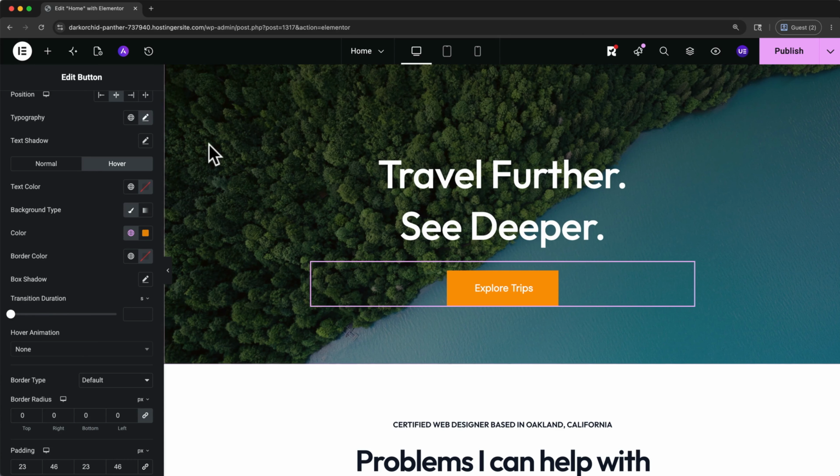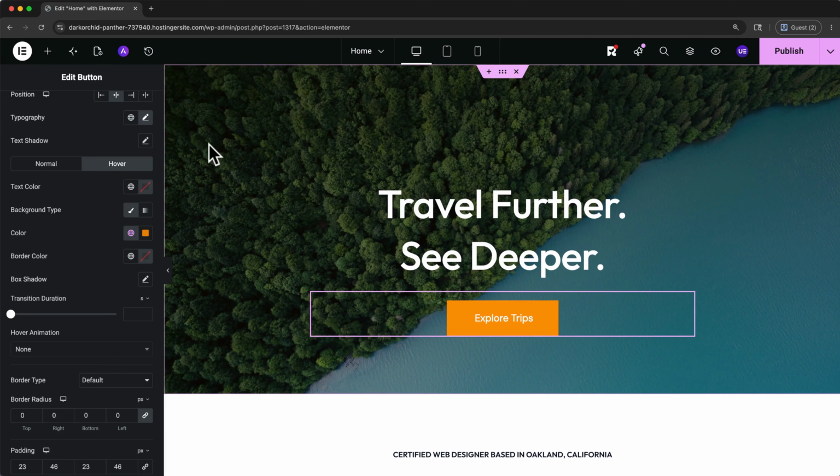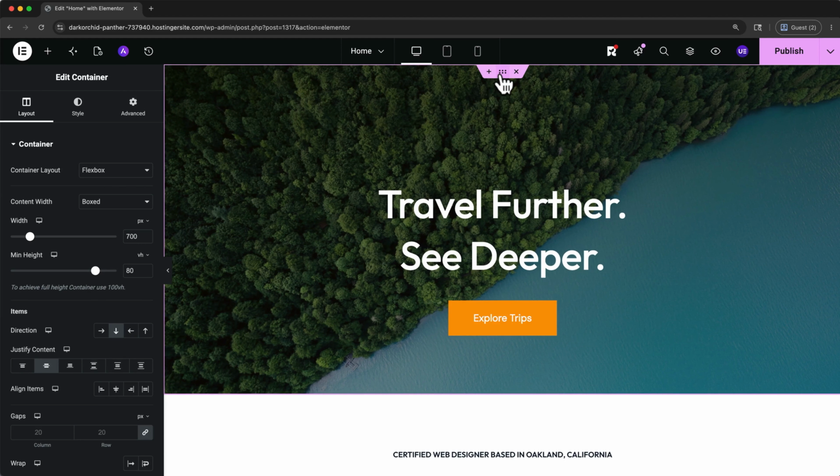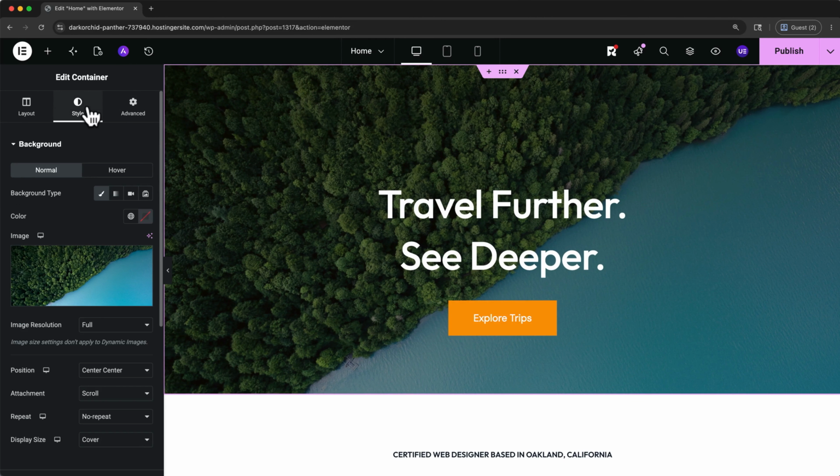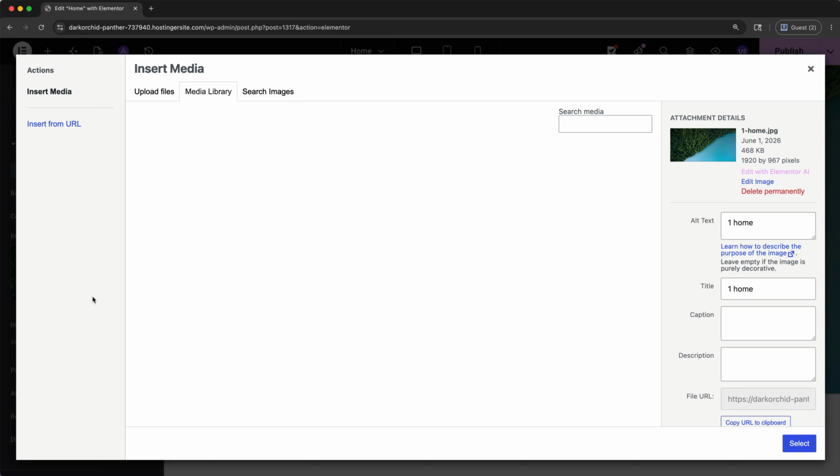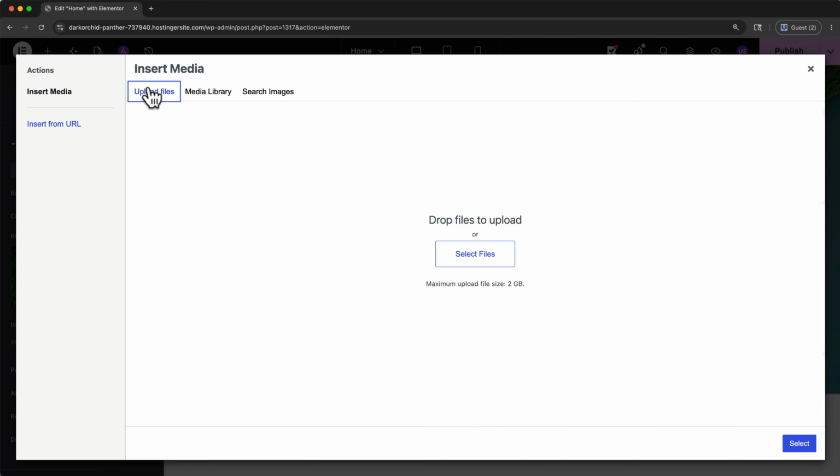You can also customize the background of any container. Click the container handle here, go to the Style tab, and find the Background section. The default background type is Classic. This lets you add a solid color or upload an image. To add a new image, click here just like we've done before. I'll upload a new one,